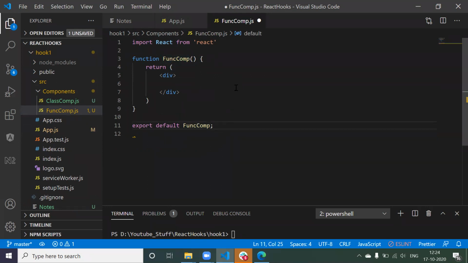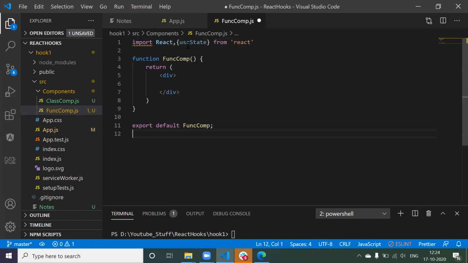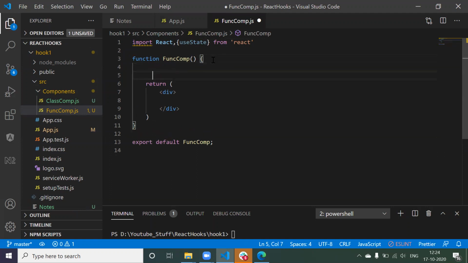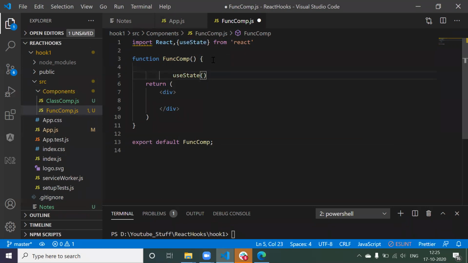Now if you wanted to use the hooks, you have to first of all get the hooks from your React library. So how can you import? Just give the comma in the curly braces, just say useState. So you are telling it, I wanted to use useState from the React library. So if you wanted to create a useState hook, it's simple. We know that useState is a function. So let's write useState as a function. We wrote the function. Now this function is going to take an initial value.